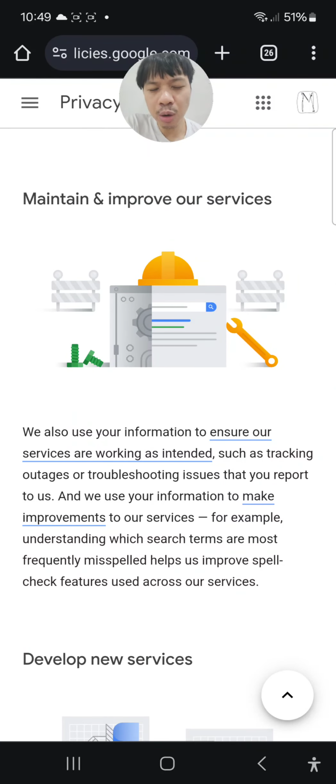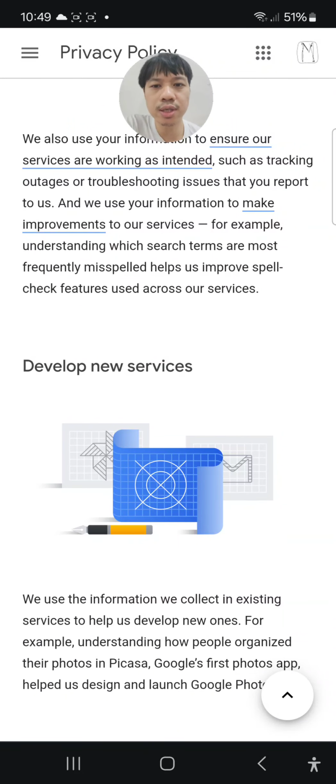Maintain and improve our services. We also use our information to ensure our services are working as intended, such as tracking outages or troubleshooting issues that you report to us. And we use your information to make improvements to our services. For example, understanding which search terms are most frequently misspelled helps us improve spell check features used across our devices.